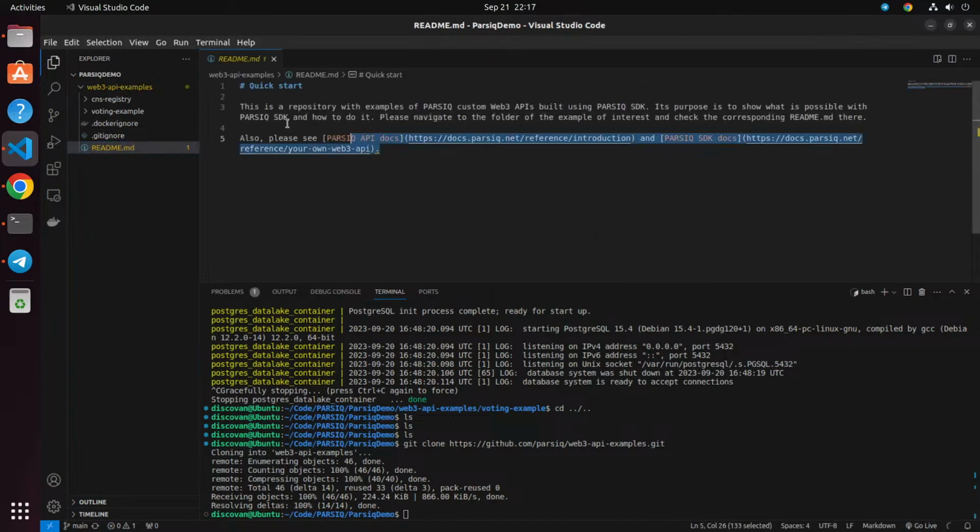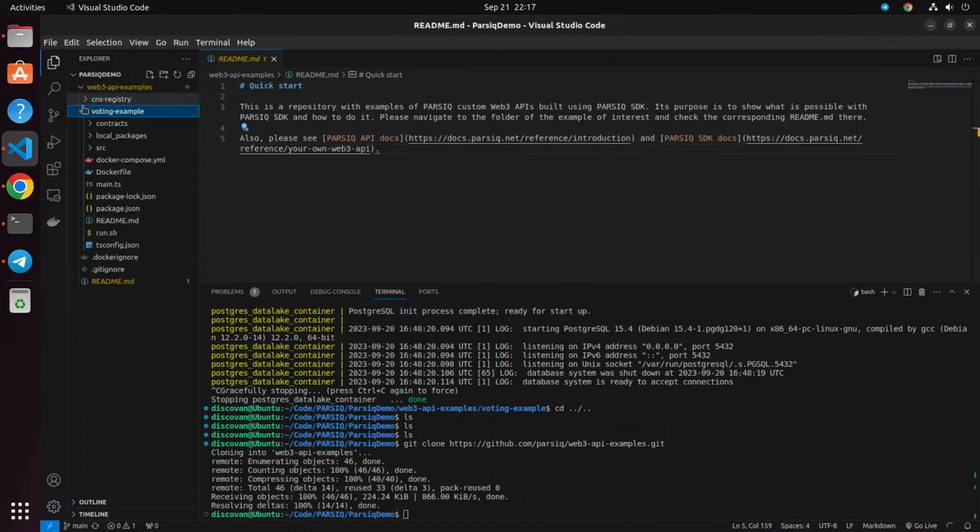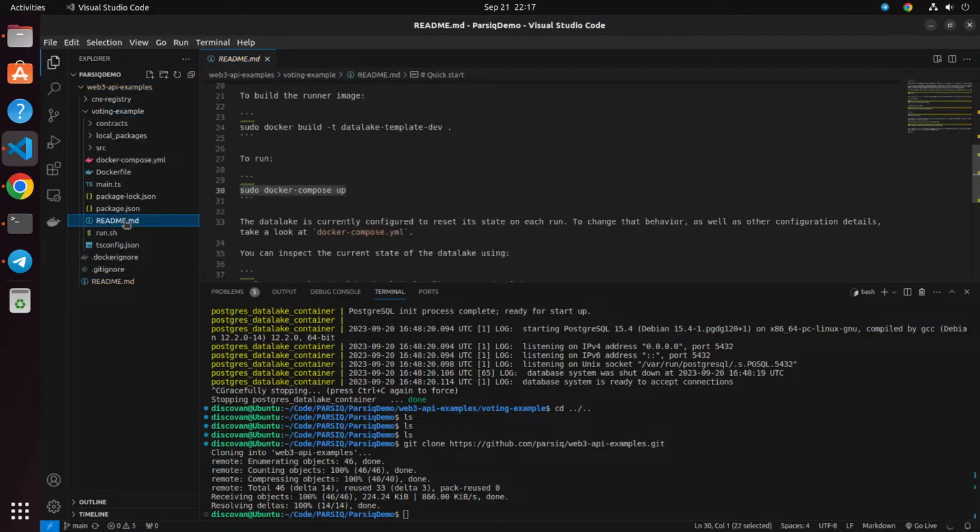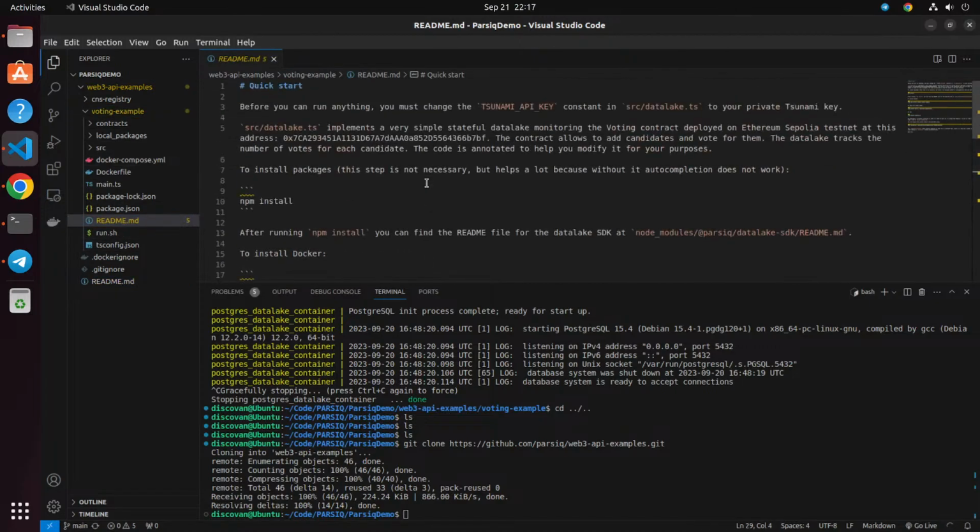So this README in the core folder is pretty basic. It just tells what it does. So we will need the READMEs for particular examples. In our case, it's a voting example. So let's go to this README and we'll see what we can do here. Basically, let's just follow these steps and we'll get the data lake up and running. So first of all, we'll need to change the Tsunami API key in the data lake file, and I've already copied my